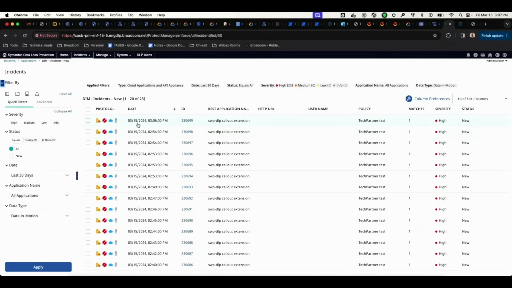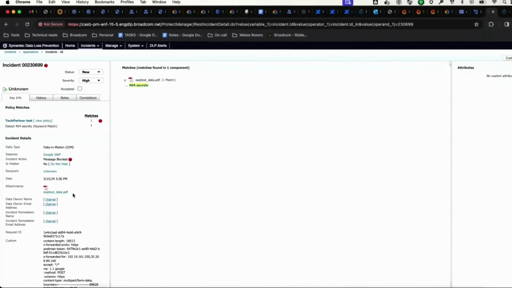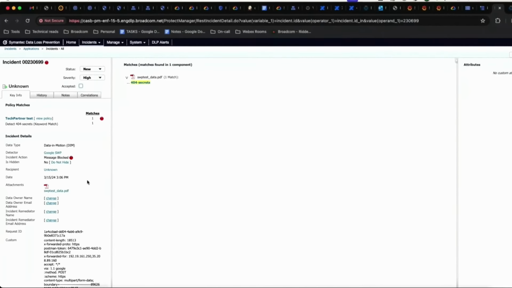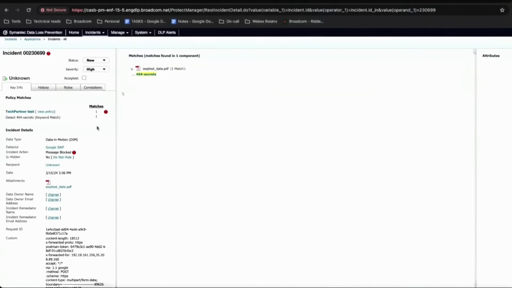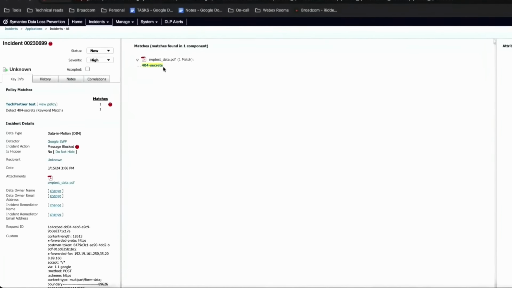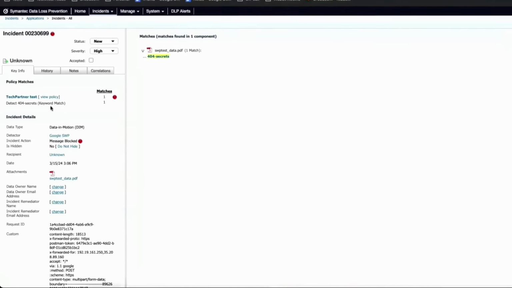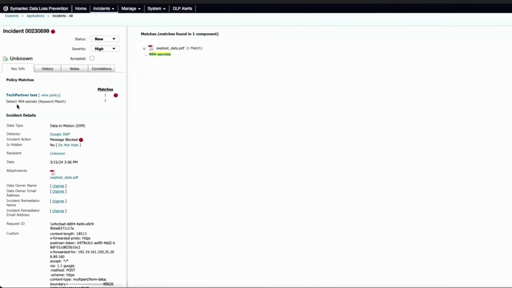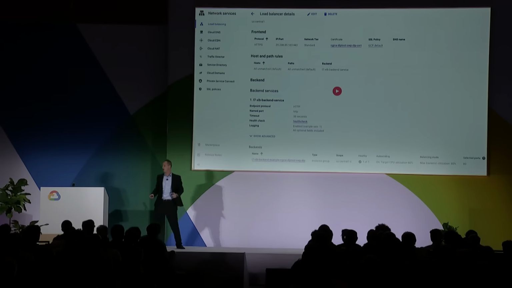But more important, when we bring it back to the DLP administrator experience, is that unified console that harmonizes all of the attributes required to make decisions on: was it a malicious incident, or is it something that is happening based on a business process, with all of the contextual attributes that are available, either from a DLP standpoint, but also from an application context that can be extended depending on the applications that you have. In this case, as you see here, the file was blocked based on a simple keyword rule, but obviously other things are possible. And with that, I'm going to hand it back over to Sid to walk you through some other use cases.